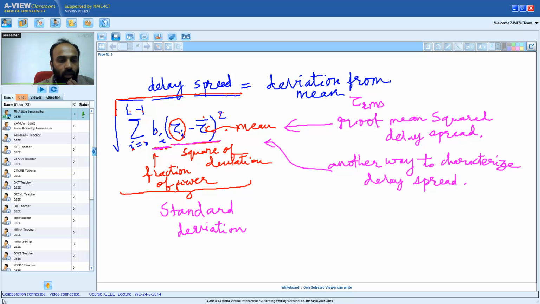So this is another, a more realistic and more practical way to characterize the delay spread: the root mean squared delay spread. Now you can write this by substituting for Bi in terms of the Gi. You can also write this as,